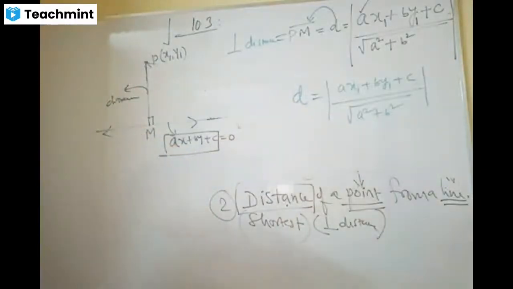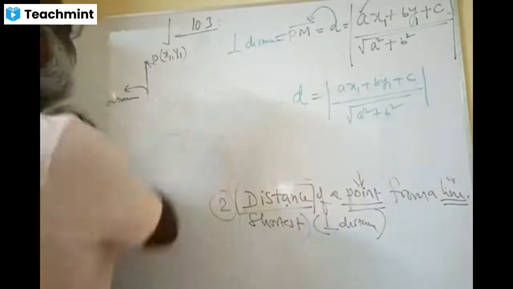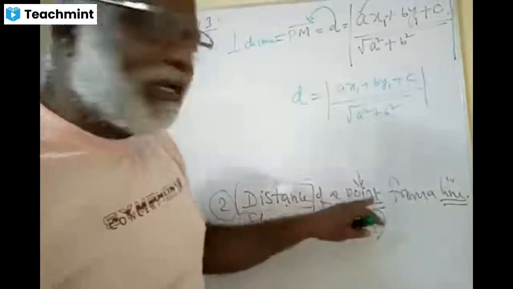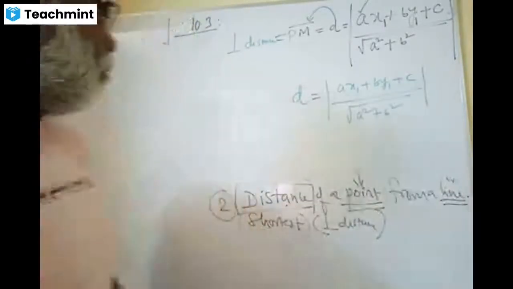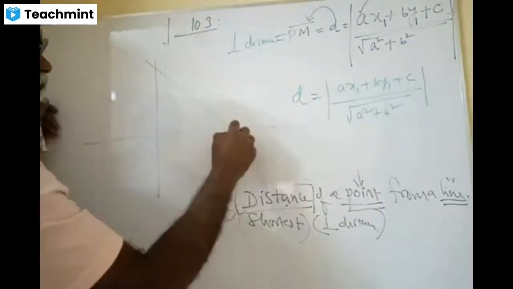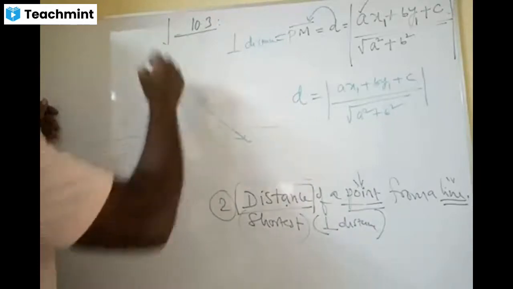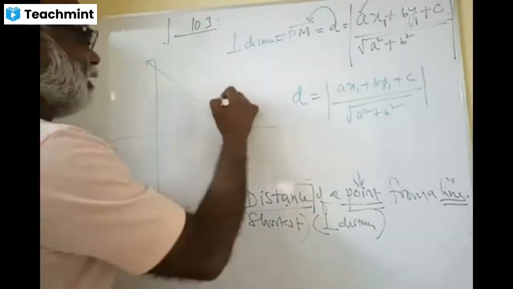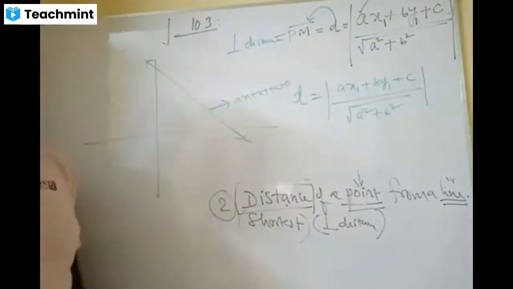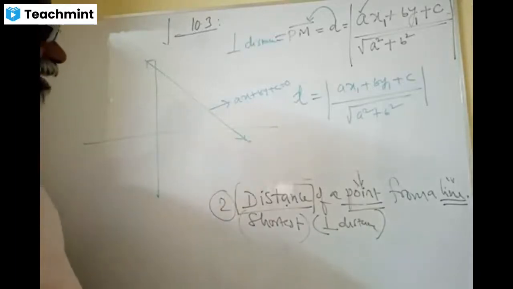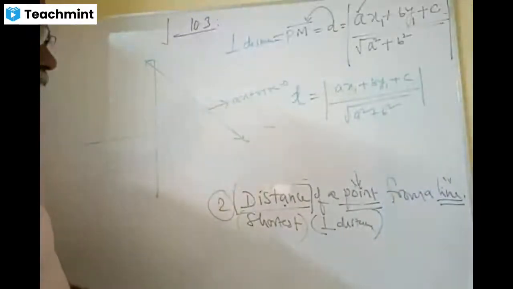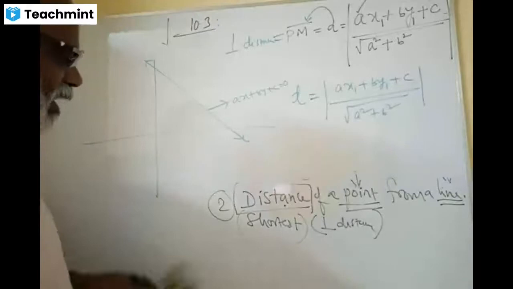The derivation is awesome, dears. There are two things. Once again, I will look into this one part: distance of a point from a line. There is a line here. This is the line: ax plus by plus c equal to 0. Friends, this is where I have to teach the first part. To derive this one, I require to teach you the first part. I will do that alone, what is required for you, dears.